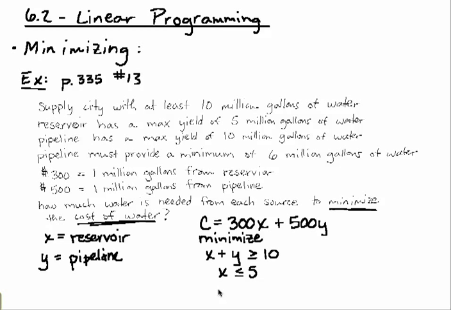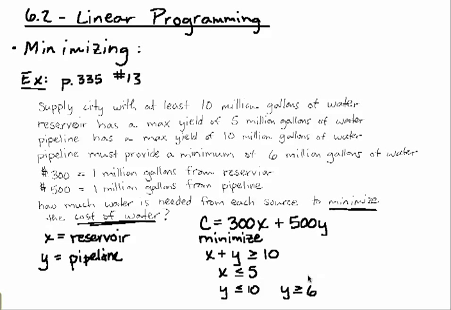And then the pipeline has a maximum yield of 10 million gallons of water. So it cannot be greater than 10. It's less than or equal to 10. But it does go on to say that by contract, the pipeline must provide a minimum of 6 million gallons of water. So minimum is at least. So that is y must be greater than or equal to 6, but at the same time less than or